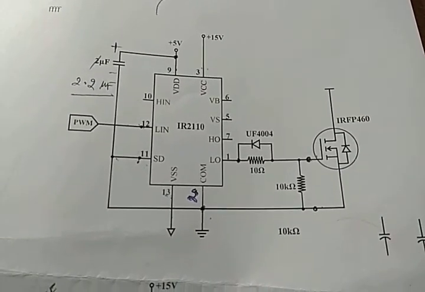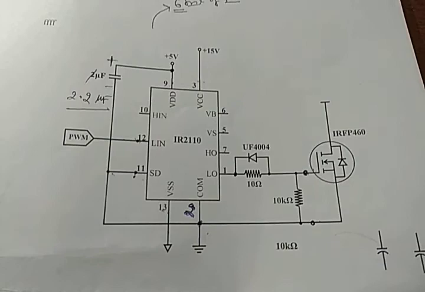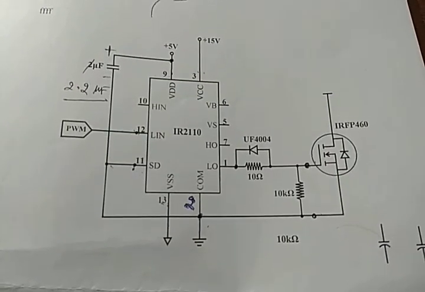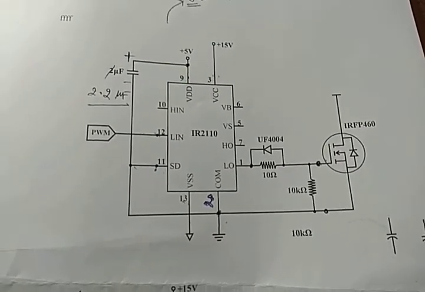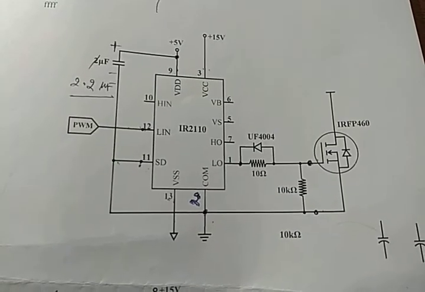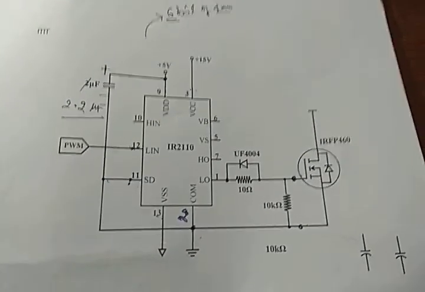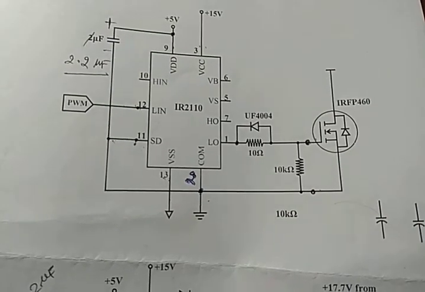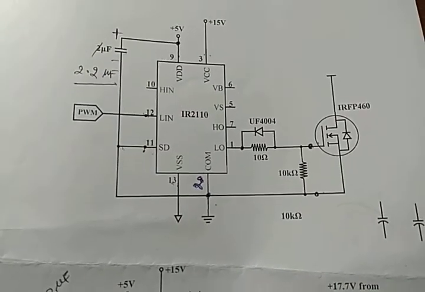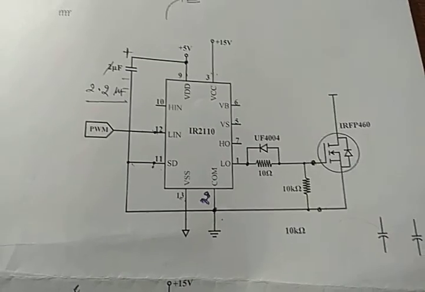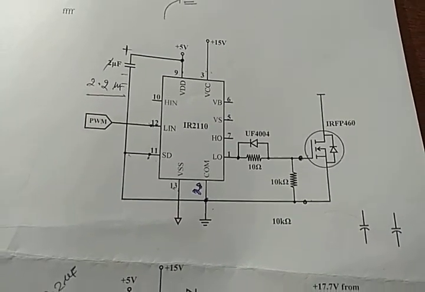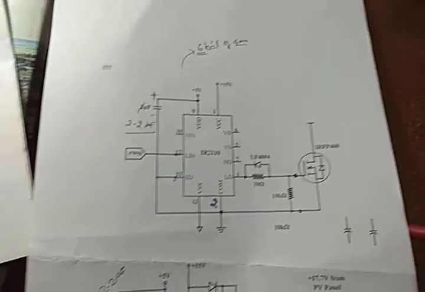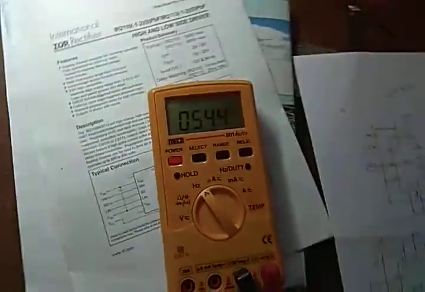The diode UF, ultra fast or high frequency, or we can say fast recovery diode, is used to turn off the MOSFET suddenly, and the 10 kilo ohm resistor is used to hold the voltage across the gate with respect to the source of the MOSFET. Okay, now this is the resultant